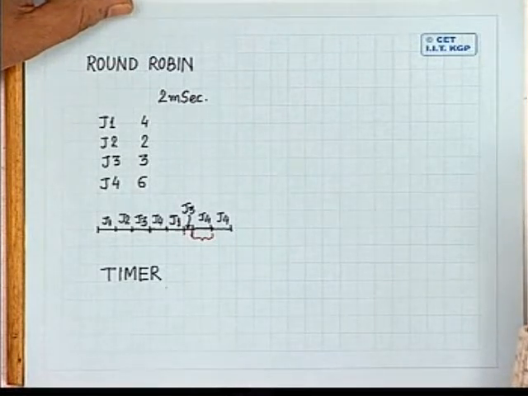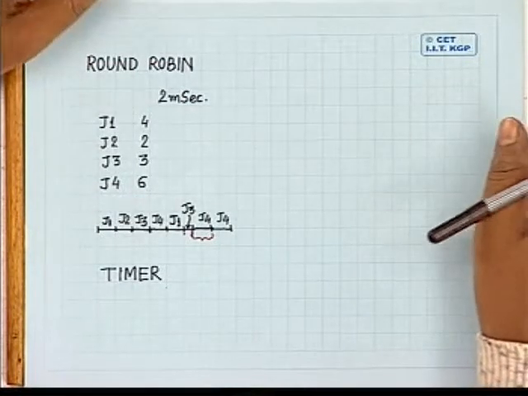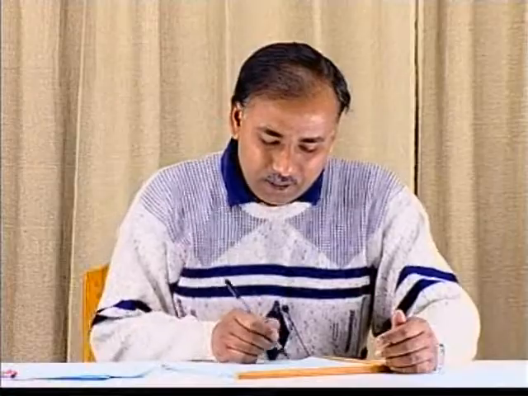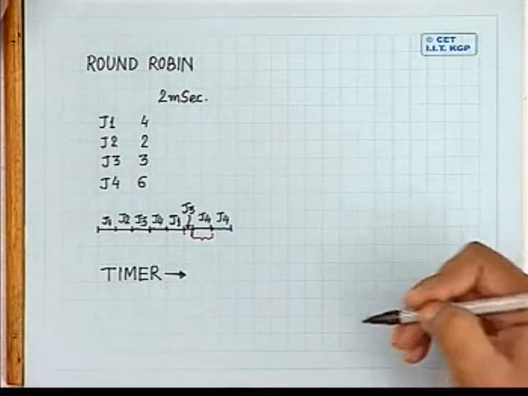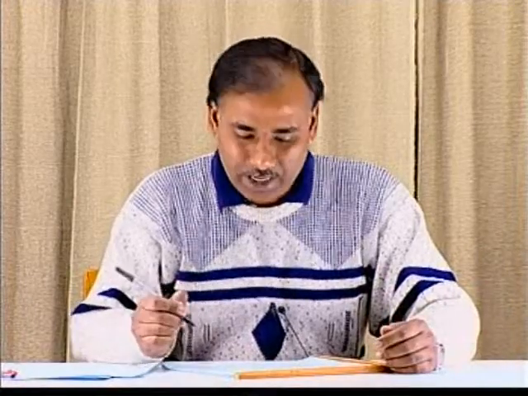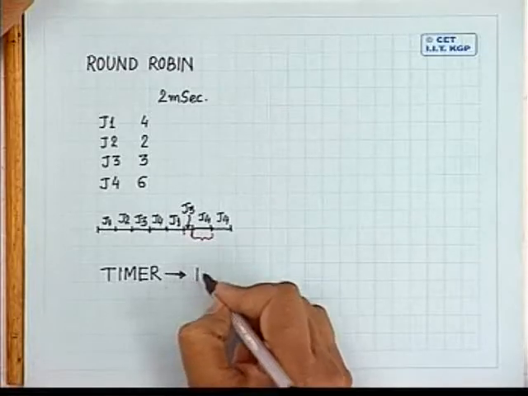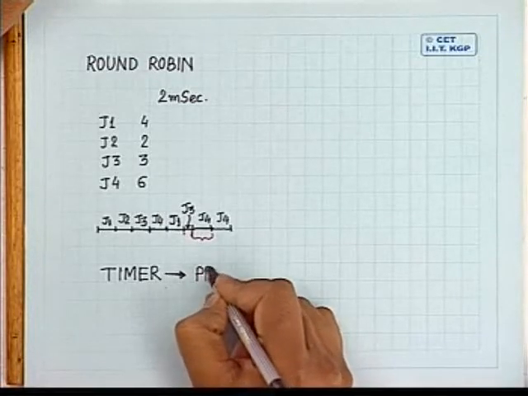This timer may be programmable. If I want that for one installation, that can be specified by the user, the administrator, that in some installation I may want a time quanta of 2 milliseconds. In some other installation, I may want a higher quanta, maybe 5 milliseconds. So this timer should be programmable so that the interval at which it will interrupt the processor can be varied. Okay, so I must need a programmable timer.